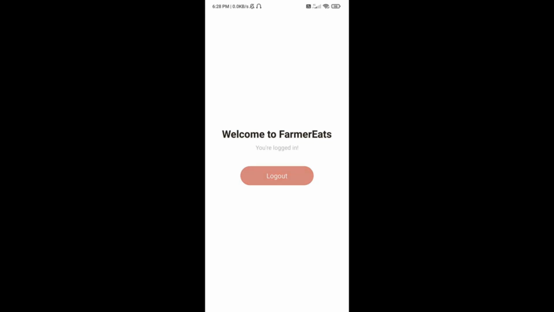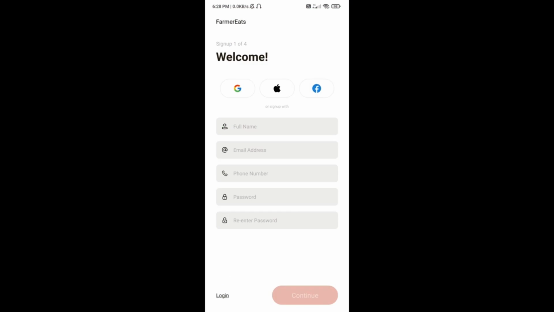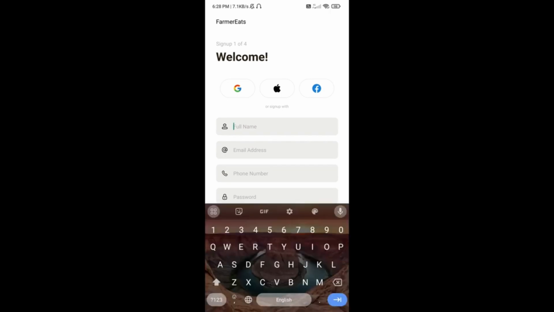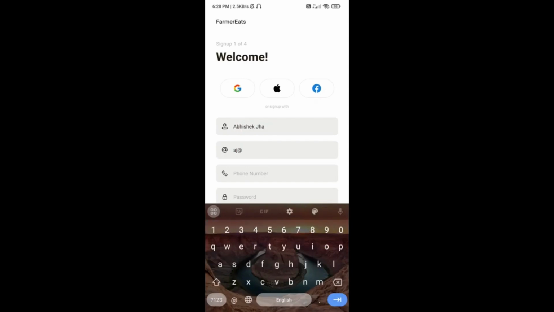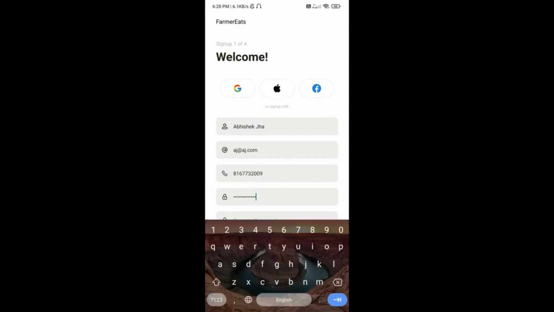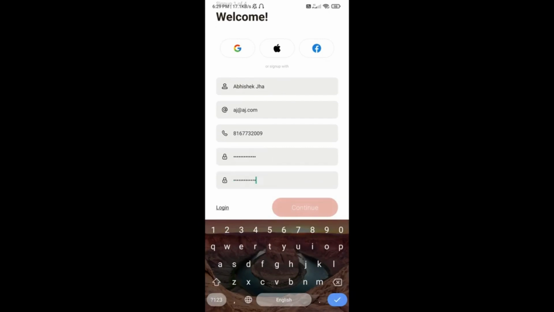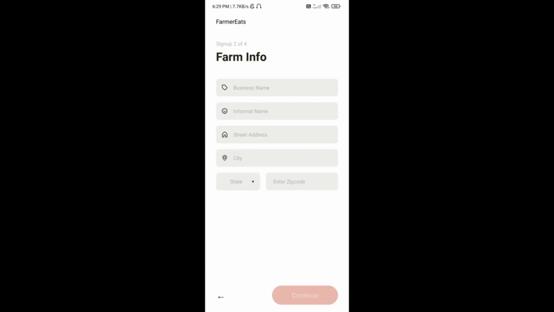Let me click this logout, and let me click this join. Here I can enter all my details to onboard. Let me enter my name, my email, my phone number. Let me set a password. Again, re-entering the password. Click this continue button, and here I can set my business name,